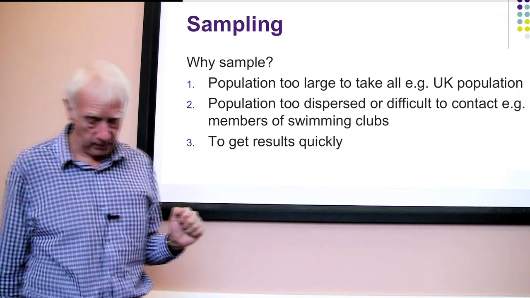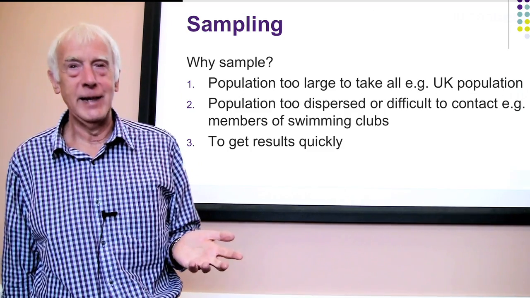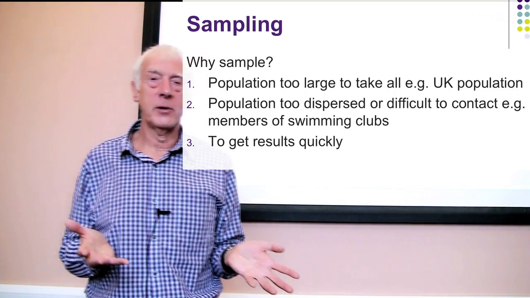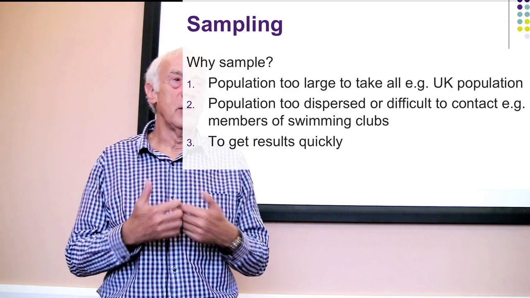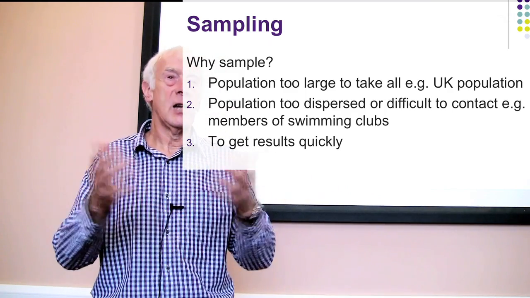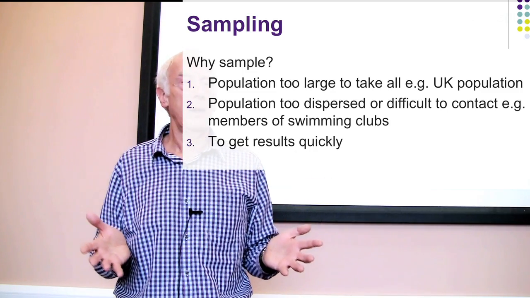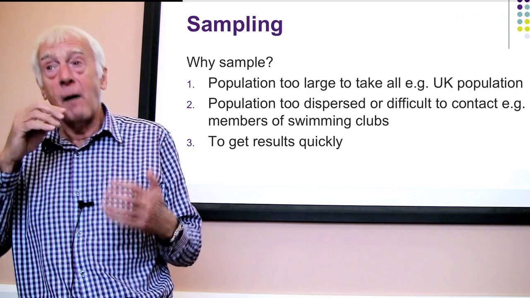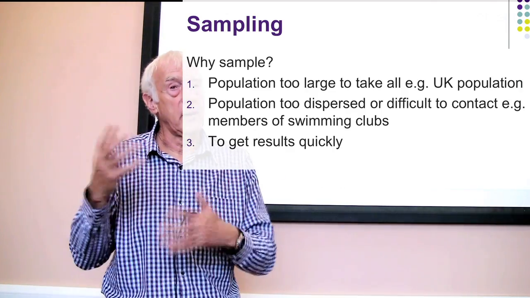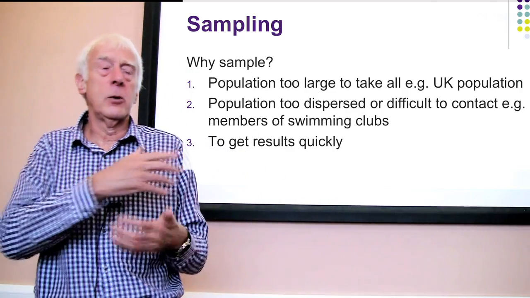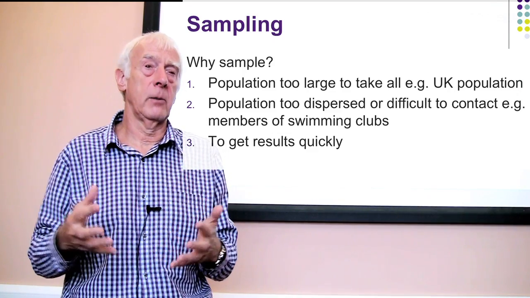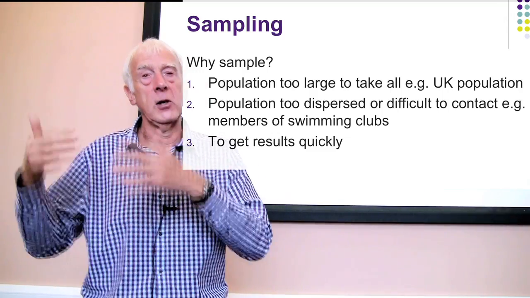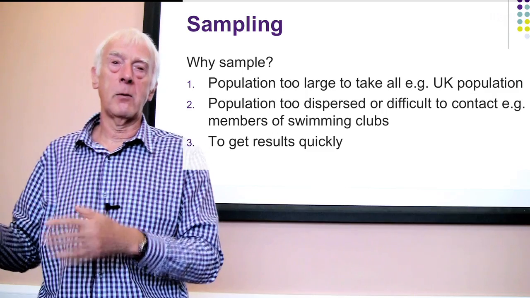For years I've used this example of swimming clubs because I don't know of any list of swimming clubs. How do you find out who are the members of the swimming clubs? There is no kind of list you can just simply send to every single swimming club member. But I'm sure there must be clubs, there must be membership lists, but finding them is an issue, and you have to use other kind of techniques to find them. I'll be talking about this later on, but some kind of cluster sampling might be the way to go here to find subgroups and just pick certain clubs and sample them only and so on.